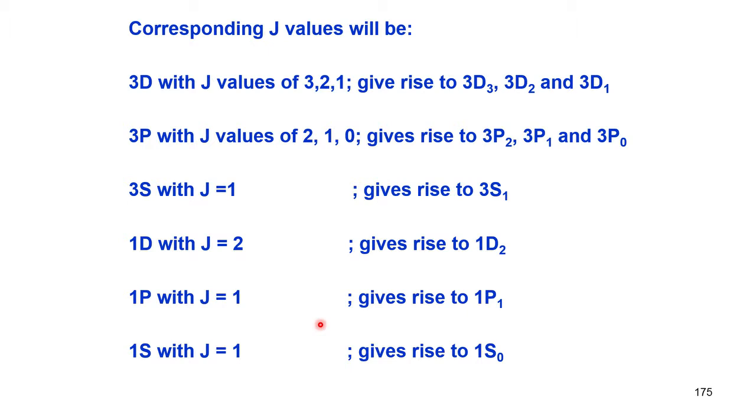The corresponding J values would be L plus S again. So, 3D with J values 3, 2 and 1 gives rise to 3D3, 3D2 and 3D1, and 3P with J values 2, 1 and 0 gives rise to 3P2, 3P1 and 3P0. 3S with J equal to 1 will give you 3S1, and 1D with J equal to 2 will give you 1D2, 1P with J equal to 1, this is for p electron, that is 1P1, and